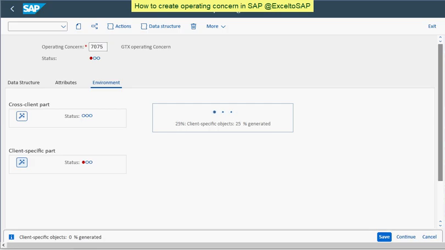The first time it will take some time. So you can see the status over here, green for the cross-client and the client-specific part. So this way you can create an operating concern, you can update the data structure, or you can activate the data structure